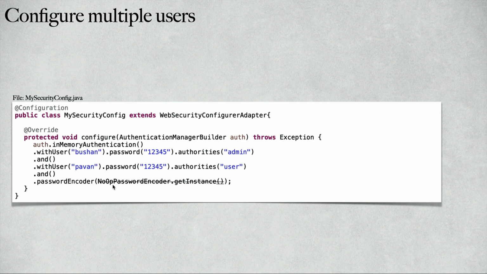For now, we are going to use NoOpPasswordEncoder. We are not going to encode any password. So we're going to use NoOpPasswordEncoder, and we will call the getInstance method. Of course, this method is deprecated, but for now, let's use the NoOp password encoder. Once we connect to the database, we can use any other password encoder techniques. Alright, now let's jump to the STS and write the code for this.